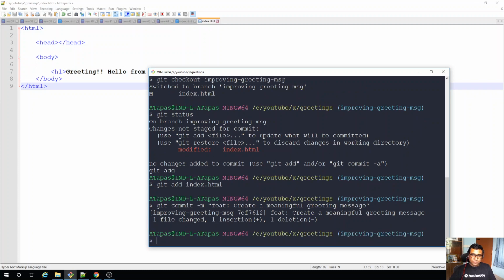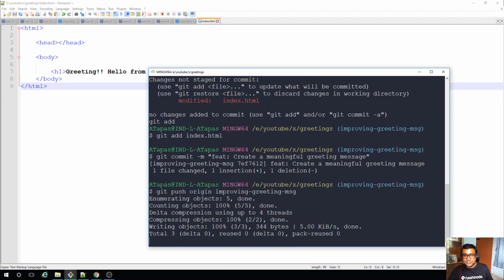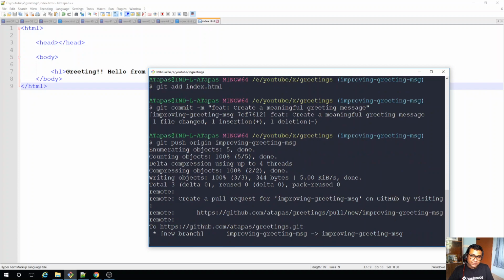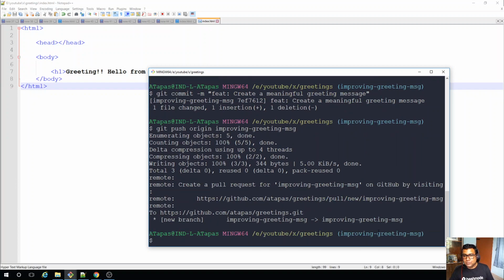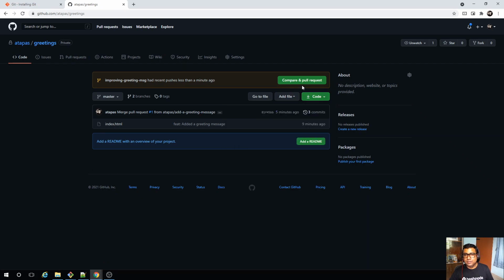And finally, what we'll be doing is git push origin to Mr. X's new branch. That's all. So Mr. X has now created a branch. Before that, he cloned the repository, created a branch, made the changes, staged the changes, added them to the history, and finally committed. So a new branch has also been created in the remote. If I go to GitHub now, I will see the notification once again that this has been created. So Mr. X can now create a pull request,